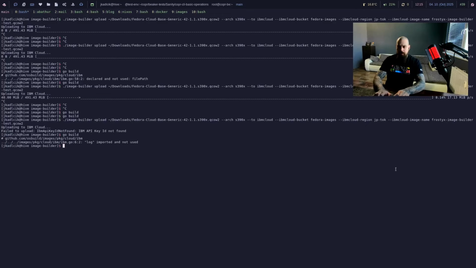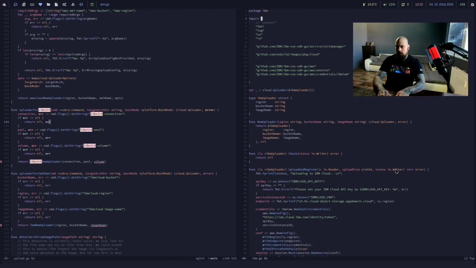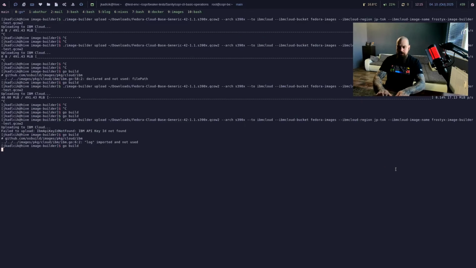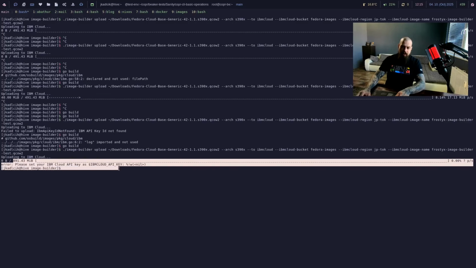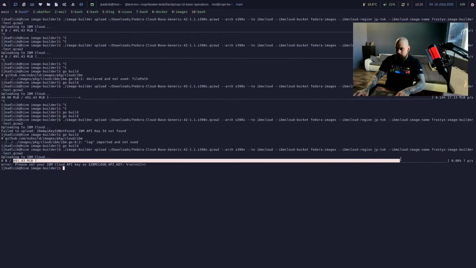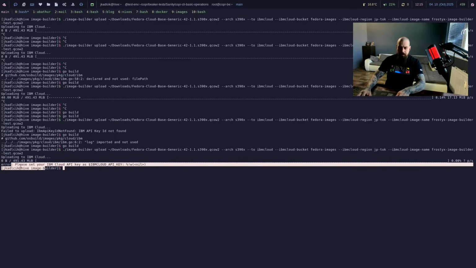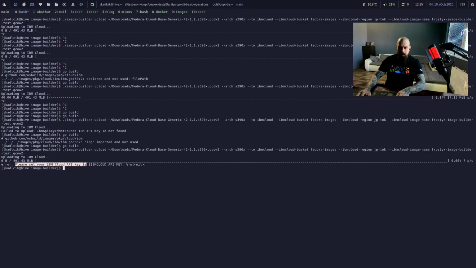So if we go build log, okay, we can probably remove this, go build. If we run again, uploading, the progress bar appears, which is a glitch. This needs to be fixed outside of our uploader. This needs to be in the image builder CLI somewhere, but the error is here. Please set your IBM Cloud API key as